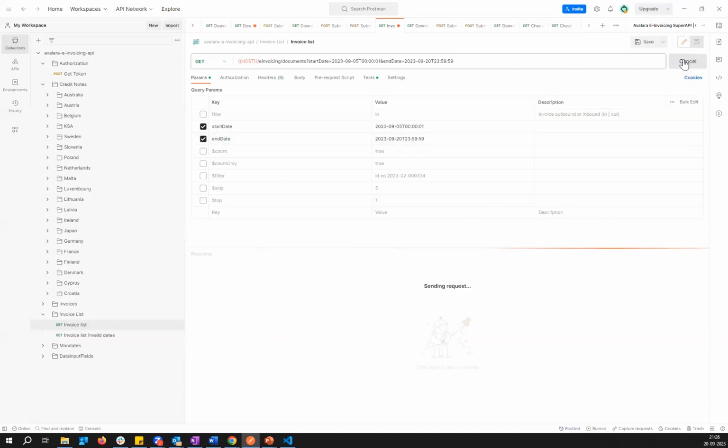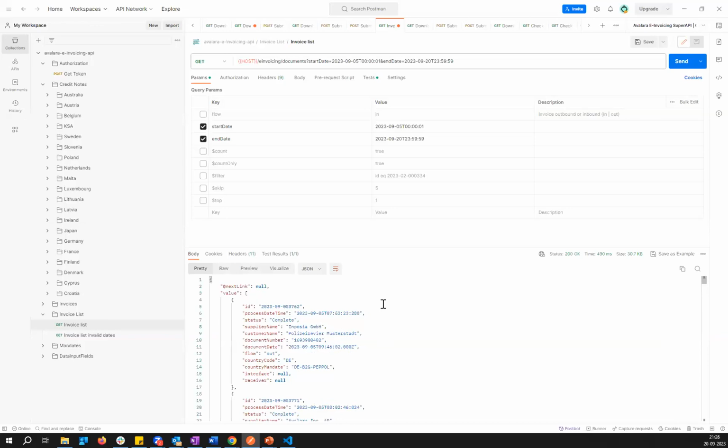I'll hit the send button. And this will give you all the documents that were submitted between these two date ranges. Similarly, you can add a specific filter like ID equal to this. So this was an ability of using the same API to get the list of invoices that were submitted.